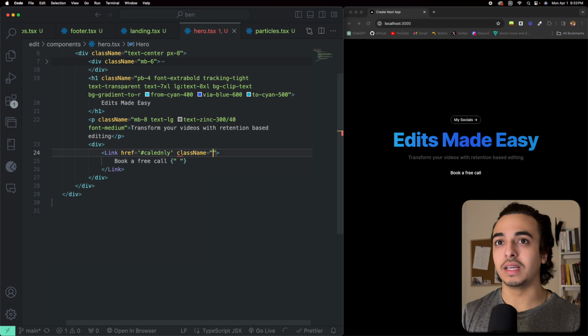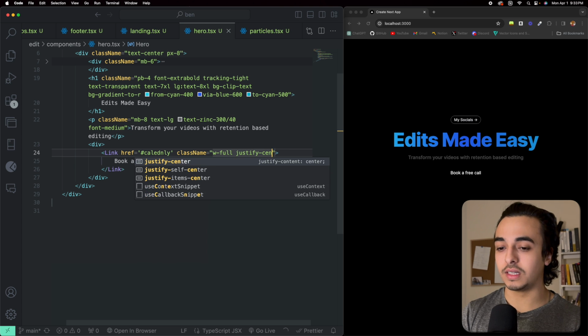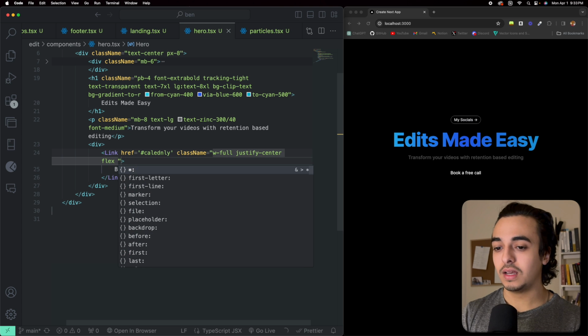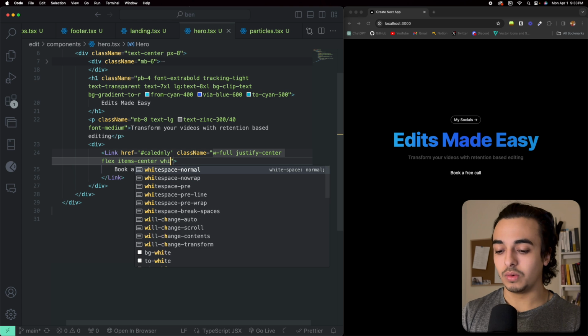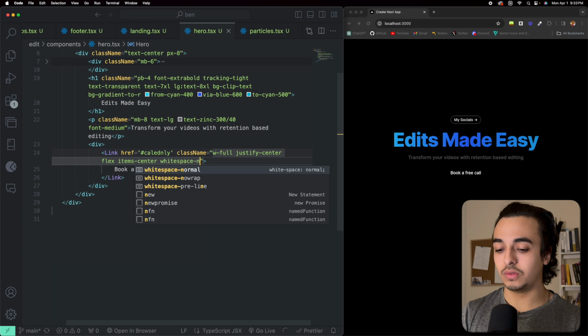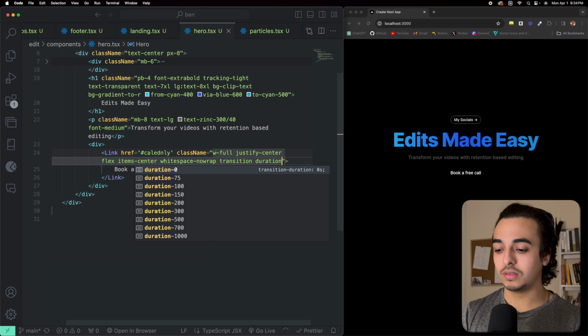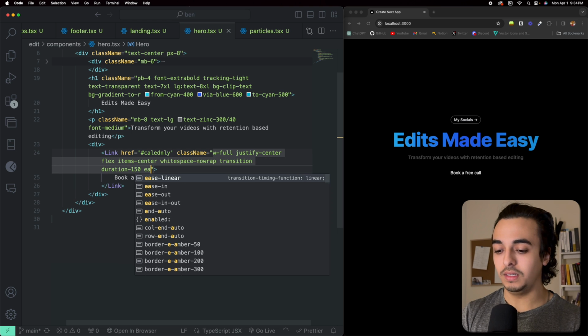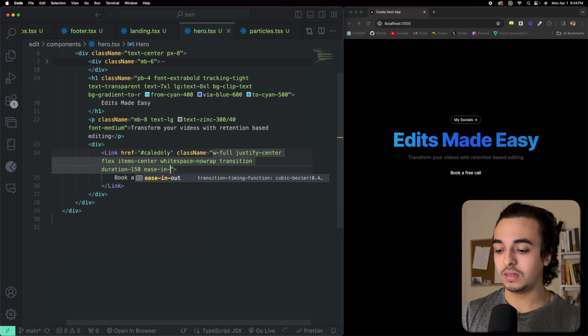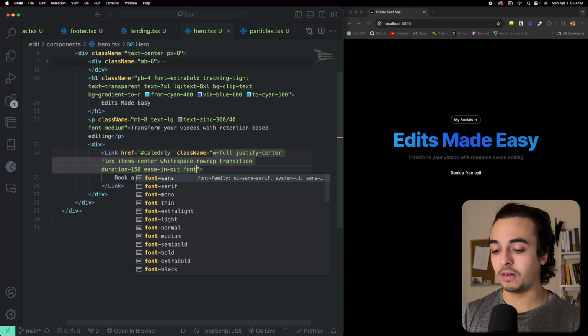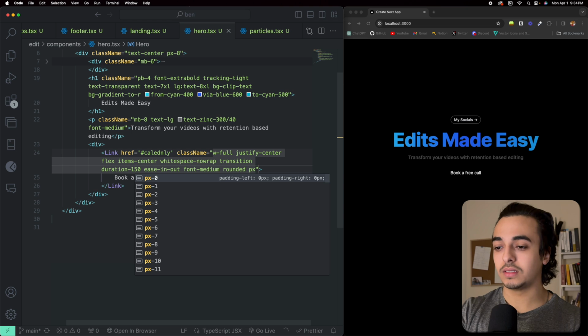And we will have a class name of width full, justify center, flex items center, white space, no wrap, transition, duration 150, ease in, out, font medium, rounded, px of 4, and a